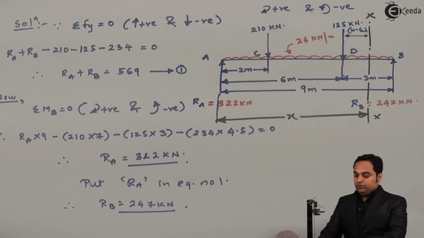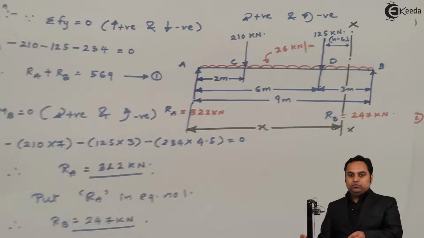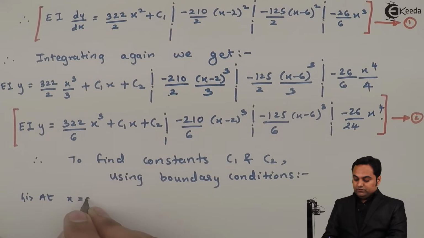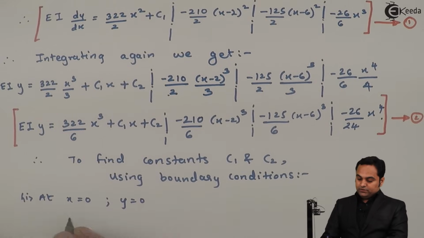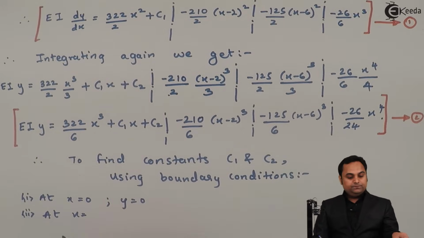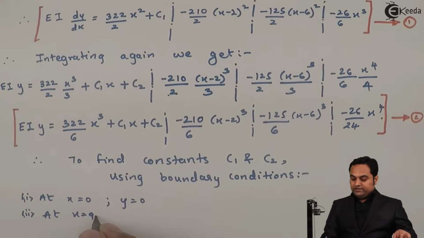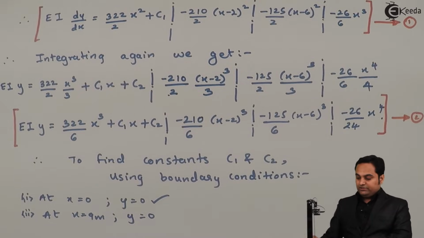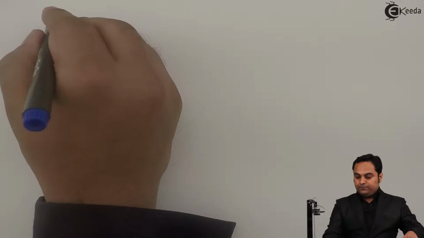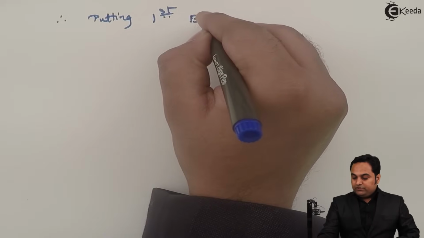and boundary conditions we have to put in the deflection equation, that is in equation number 2. So the first boundary condition will be, when x value is 0, that is at point A, the deflection y is 0. So the first thing is, at x is equal to 0, y is equal to 0, and here the second boundary condition would be, at x is equal to 9 meters, that is at point B, again the deflection is 0. So at x is equal to 9 meter, y is equal to 0. So first I'll put the first boundary condition. So therefore, putting first boundary condition